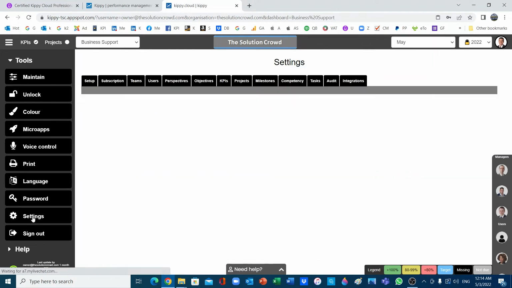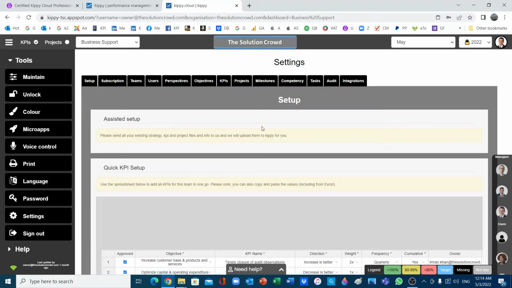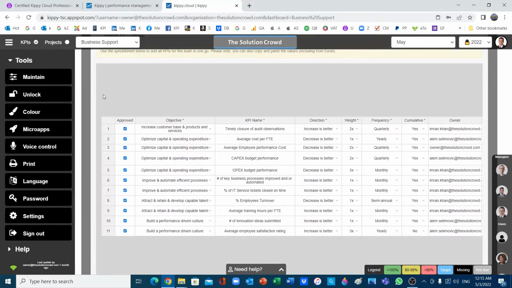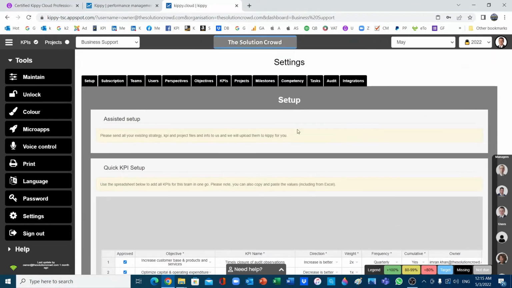Now let's go to the settings. Settings is a very important feature that belongs only to the business owner, who would be the governance body for the system. And then he can really go to the background and begin to change things. For example, now